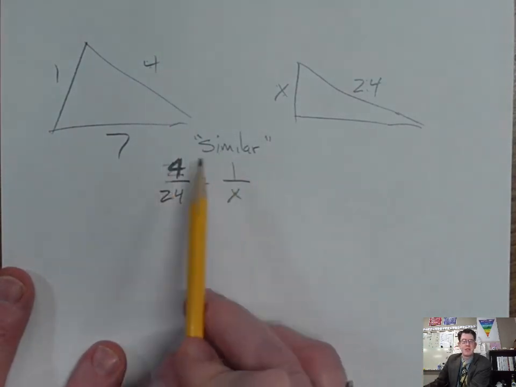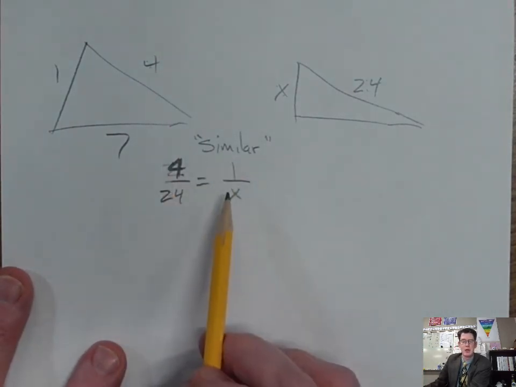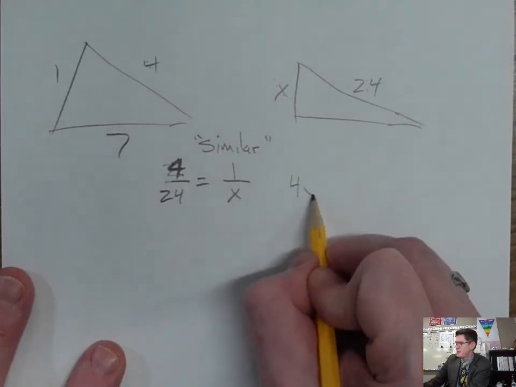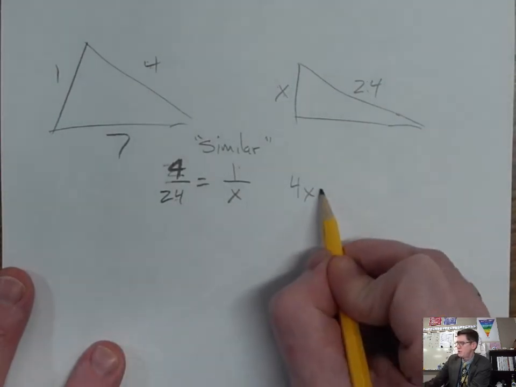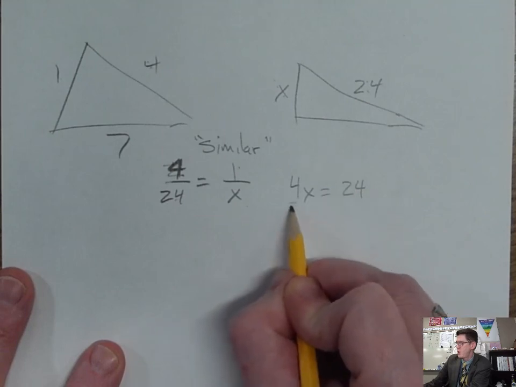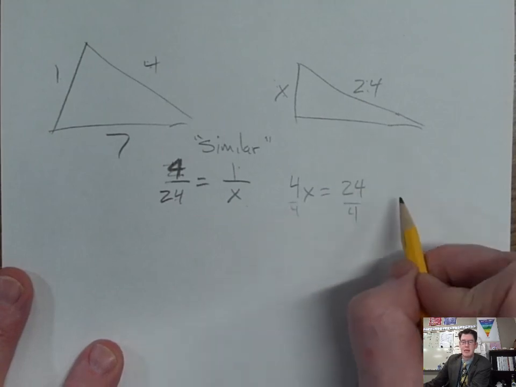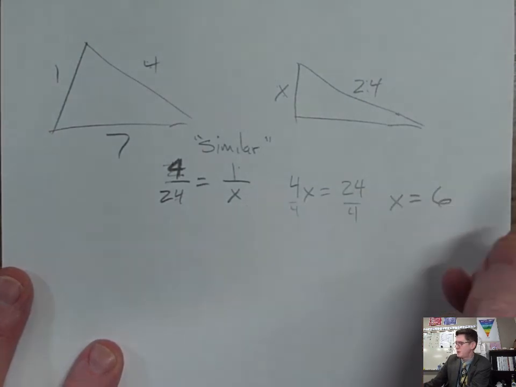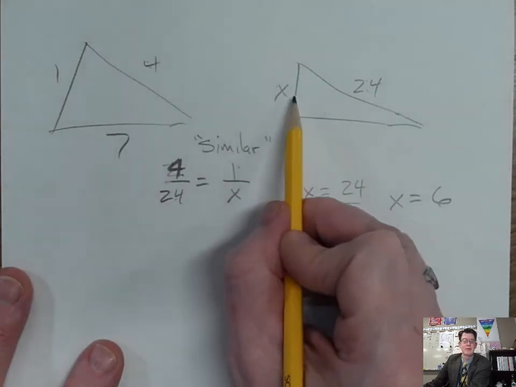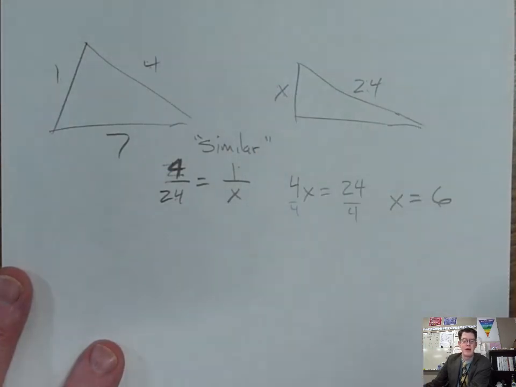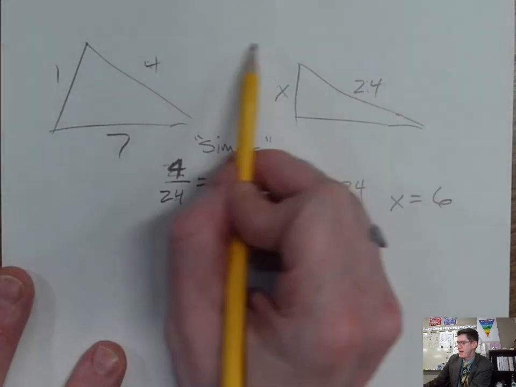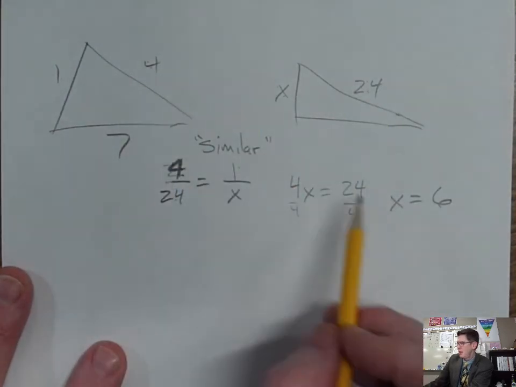And then we can solve that proportion that you've been doing all year long. 4 times X, that's 4X. 24 times 1 is 24. Divide both sides by 4 so that X equals 6. So the measurement there is 6. And I can do that with any of these sides. So if that's 6,